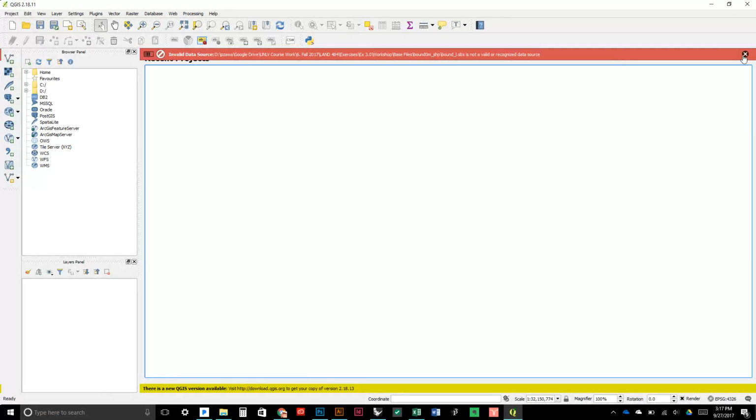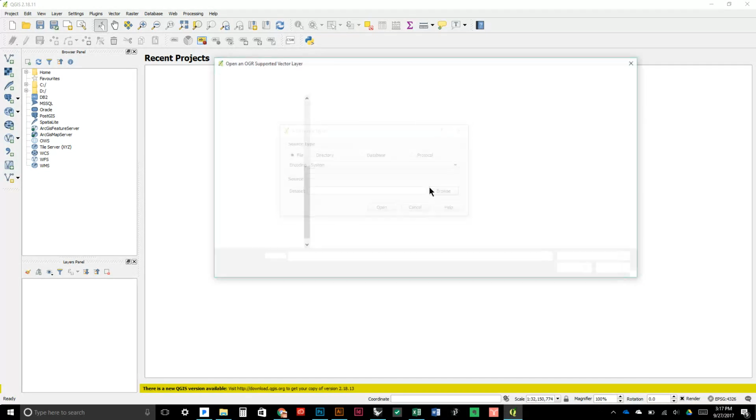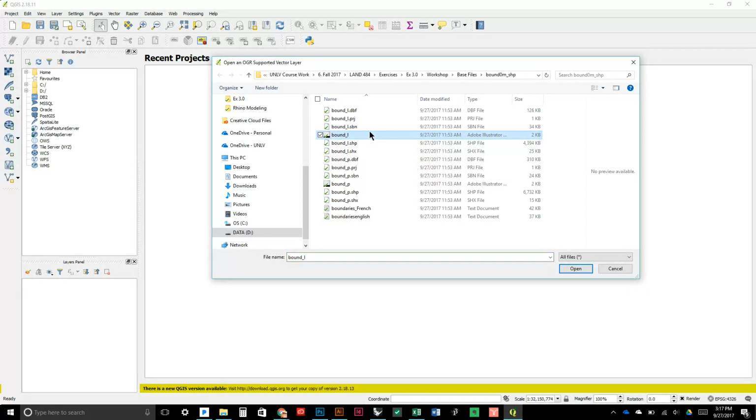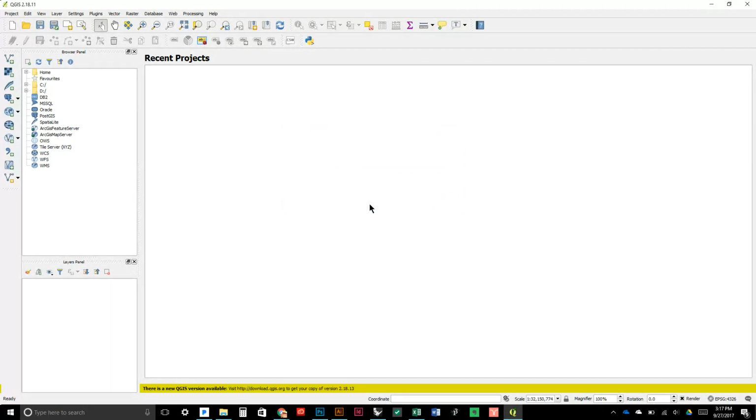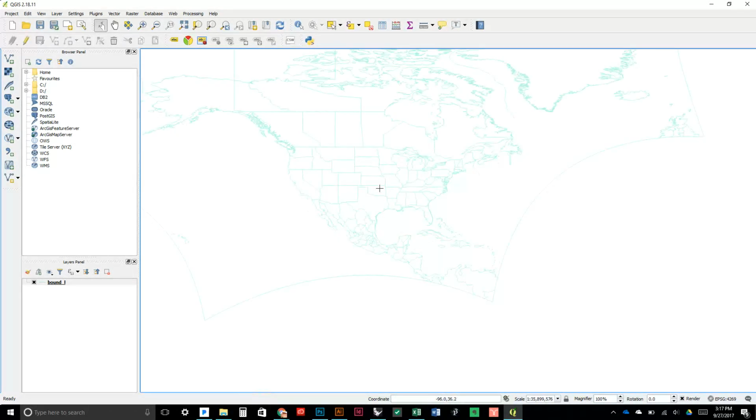Ooh, I think I grabbed the wrong one. It comes with an Illustrator file. It's not really that valuable since it doesn't have any information with it. So I'm going to make sure to do the shape file again. So there you go. Now you got this wonky looking